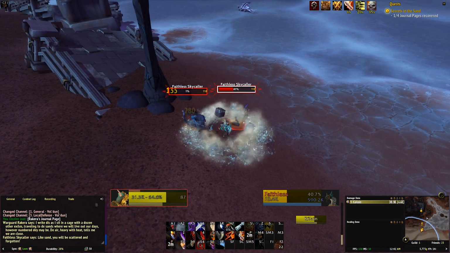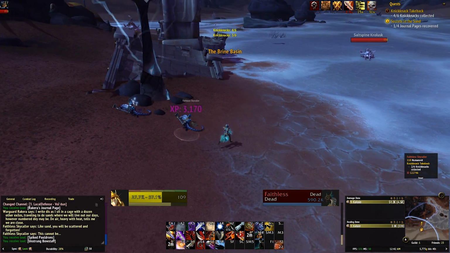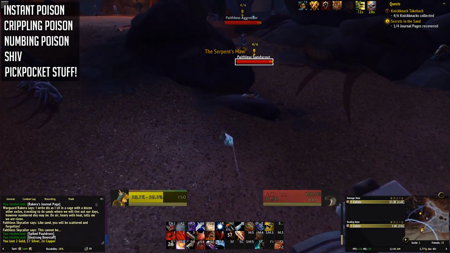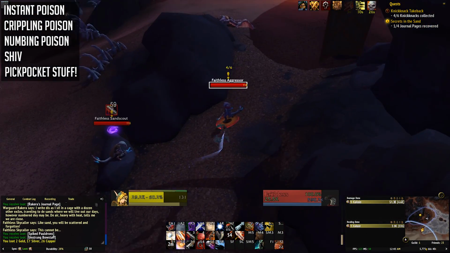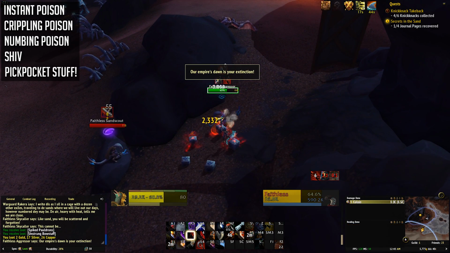The rogues are next, and you can probably guess what's first. All specs will have access to instant, crippling, and numbing poison. The poisons are back, baby. Every spec will also get Shiv, a quick stab to apply a concentrated dose of your chosen poison, and Pickpocket